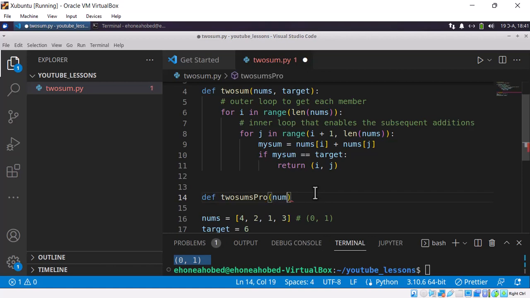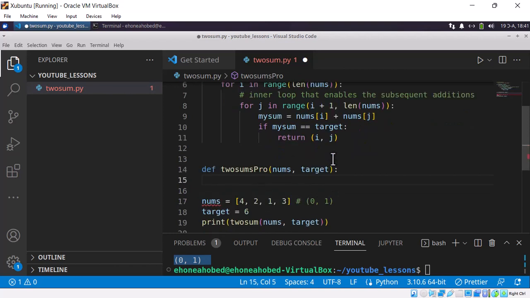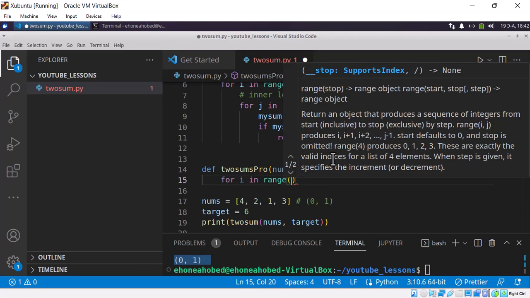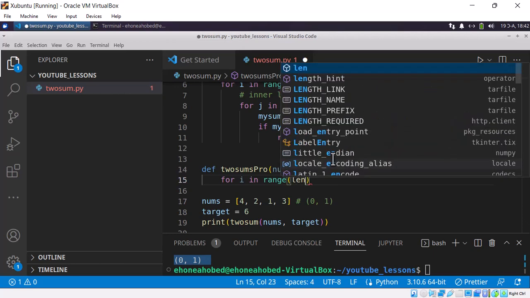Then it will also take the nums list, then we'll pass a target to it. In here, let's see what we are going to do. All right, you know that we need a loop, so let's call a for loop. And since we are going to be returning the indices, it only makes sense for us to target the indices. So I'll use for i in range, then len of